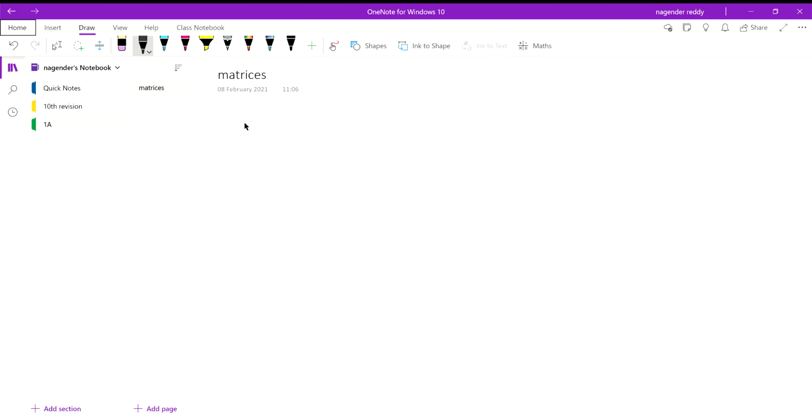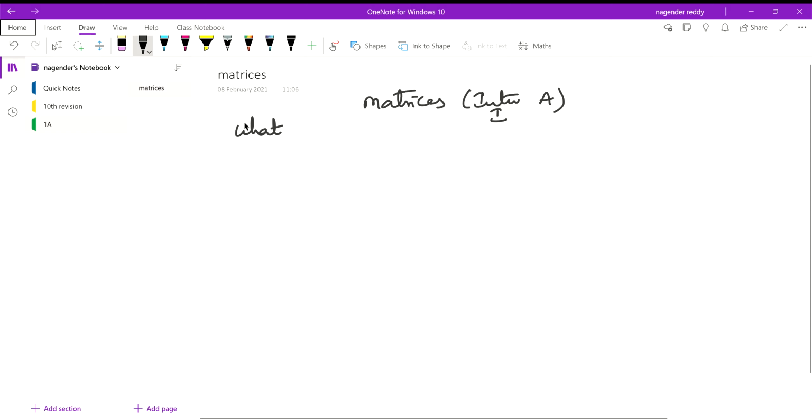So now we are going to discuss matrices for intermediate students. For first year intermediate, the first paper called A is matrices. Here we are going to discuss what is a matrix,